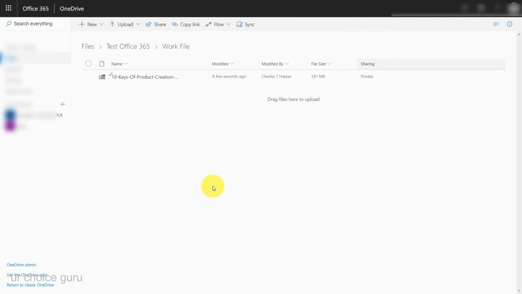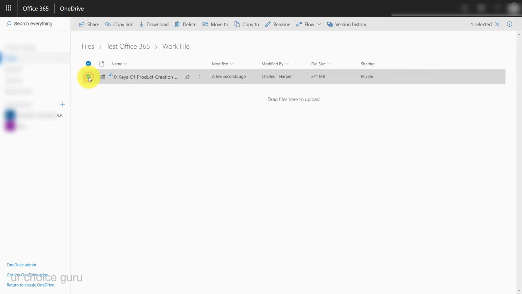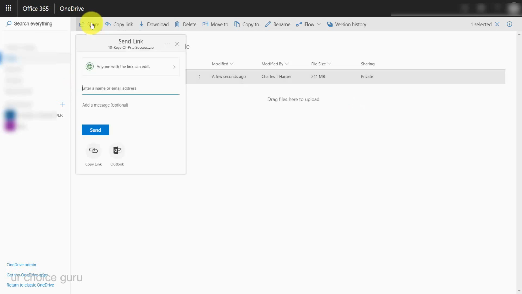But once the file is available, then what you'll be able to do is determine how you're going to share the file. So for example, if you see that the file is already private, what you'll want to do is click inside of this box, and then you can click the share link. You can give the link to someone specific by giving an email address, or you can send out the link as general. Now you'll want to make sure that you're changing this designation that will determine how the user can